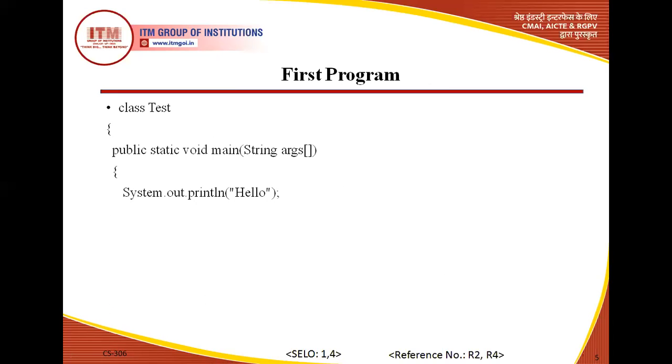This is your first program that is written over here in the Notepad also. So this is your class Test. Inside that class Test, we have this particular public static void main String args, and here we have System.out.println hello. So if you see, this is your entire class, a first program or a basic program in which we are supposed to just print hello.